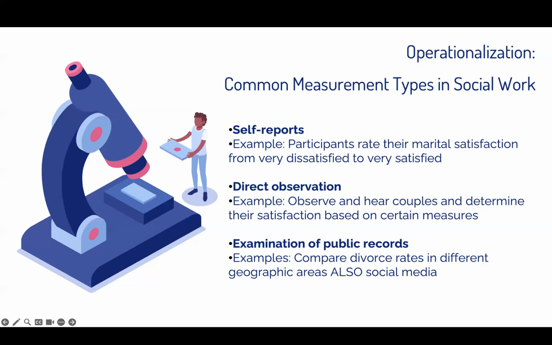We have methods of measuring operationalization. Self-report is one. For example, we could ask couples how satisfied they are with marriage. They can provide a Likert scale from 1 to 7 to indicate their satisfaction, and the client would give you their perception of satisfaction. This kind of standardized scale is also used for self-report, but these are often scales that have been psychometrically tested and normed on a population.